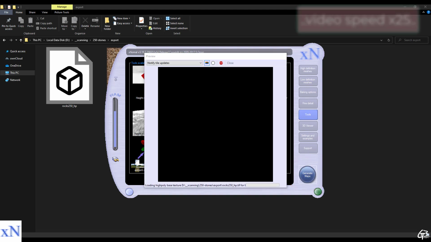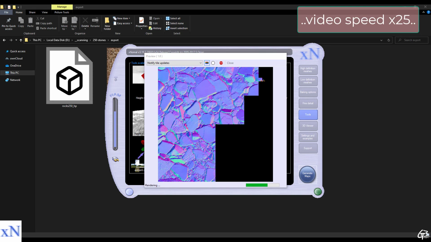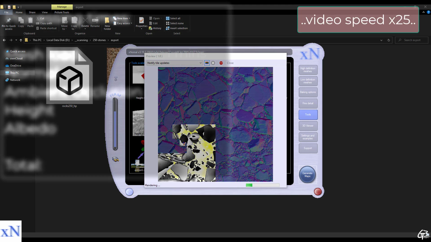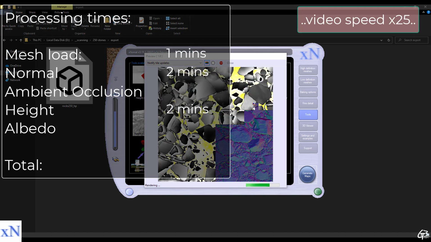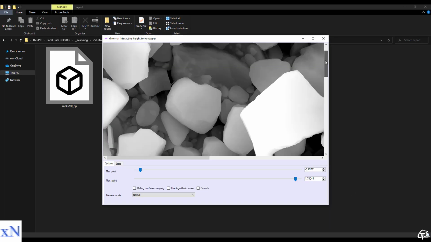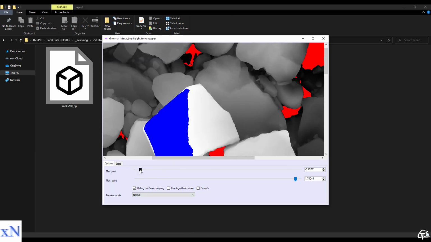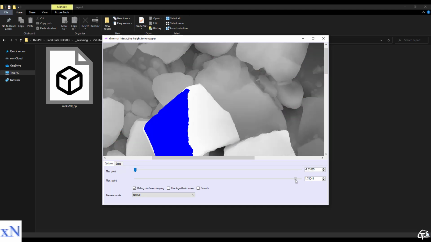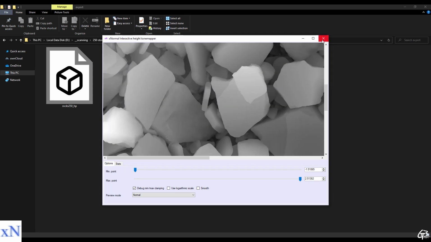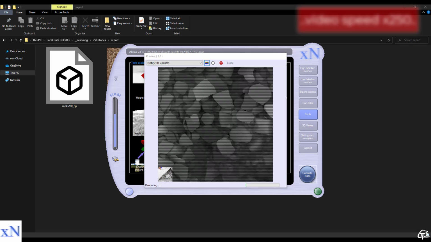First, the baker loads meshes and the texture, which usually takes some time, and when done, starts the actual baking process. It took about a minute. It took 2 minutes to generate a normal map, 2 minutes to calculate a height map. When calculated, XNormal opens a separate tone mapper window where we need to set the minimum and maximum range for the height, so we don't get any height clipping. Let's increase them both to the maximum values, close the tone mapper window and let XNormal complete the height generation. The next map to be baked is an ambient occlusion map.